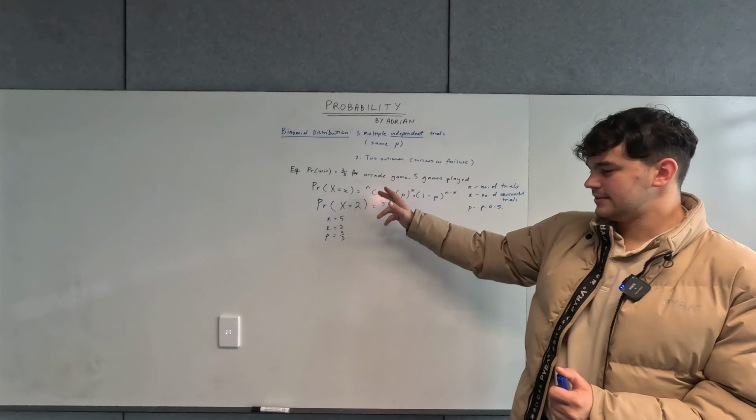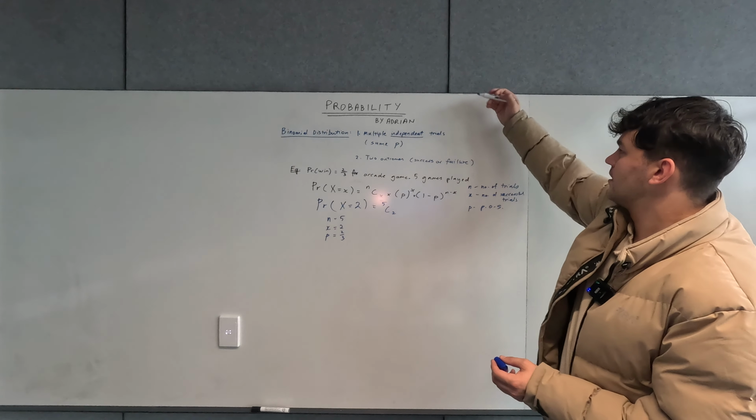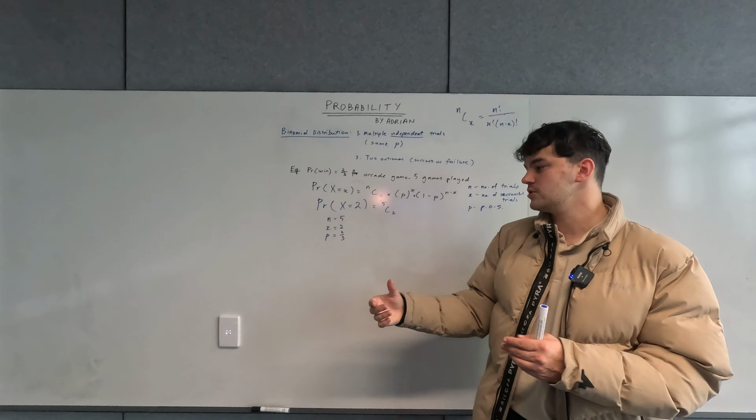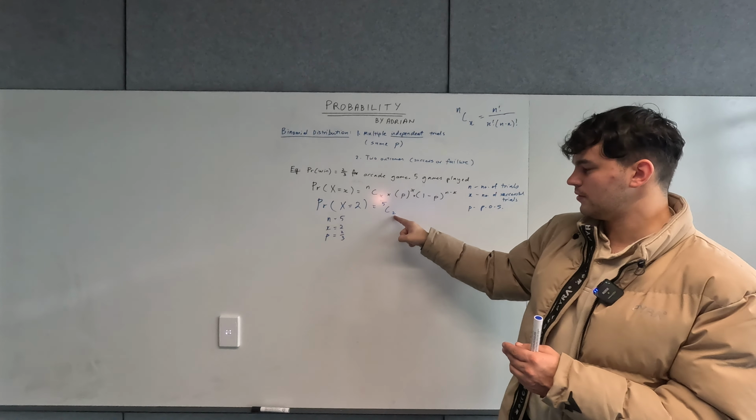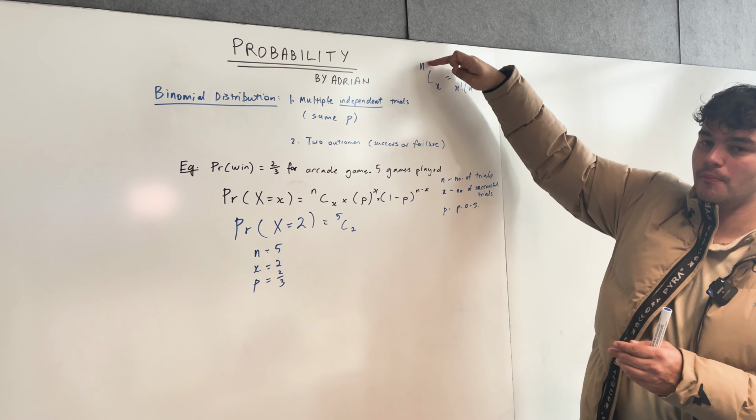5C2. This might give you flashbacks from year 11 methods. What does the C mean? Let's just do it up here. nCx is equal to n factorial over x factorial times (n minus x) factorial. Now, you might not remember what this formula actually represents. It's the number of combinations of ordering, maybe we'll do the general form, ordering x things from a bunch of